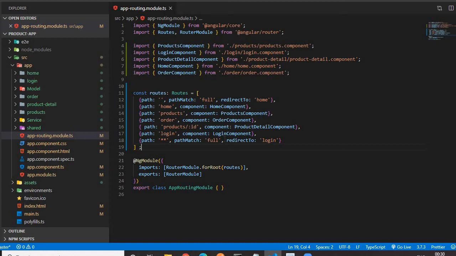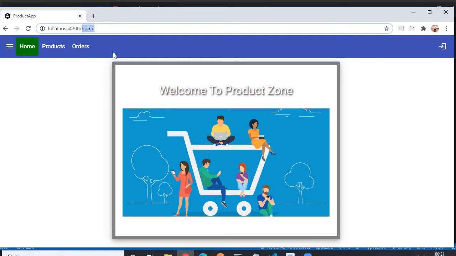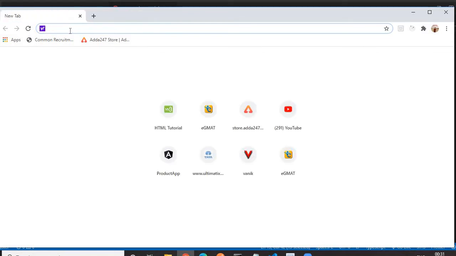In this we also need to configure an empty path. So if you see, this is the empty path. It is saying when our URL is empty, or when we first load our page, when the user first logs in or first loads the page, then we need to redirect to the home page. On first load of our application we want to display the home component to the user. Or when the path is empty, what does that mean? Let's suppose I am the user. For the first time today I want to access that application.